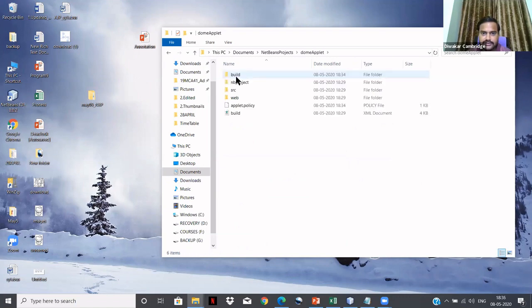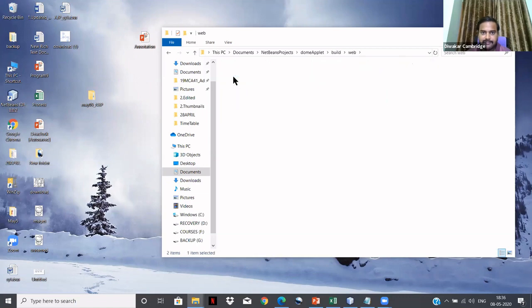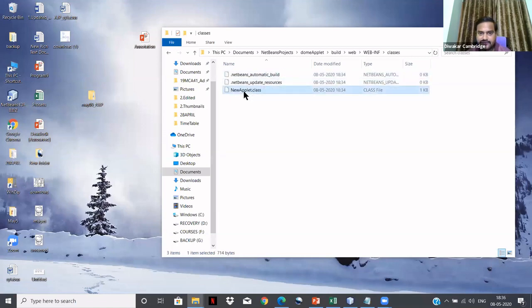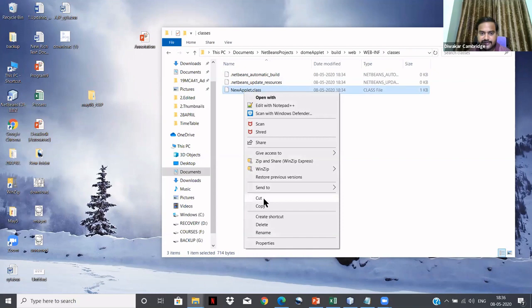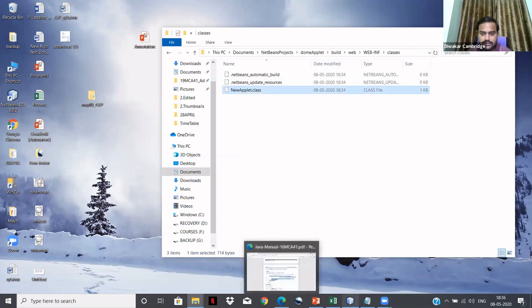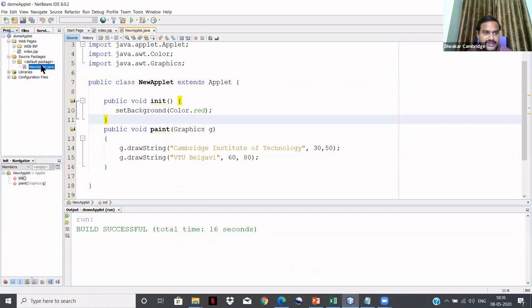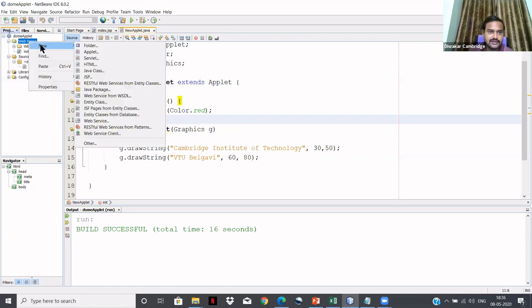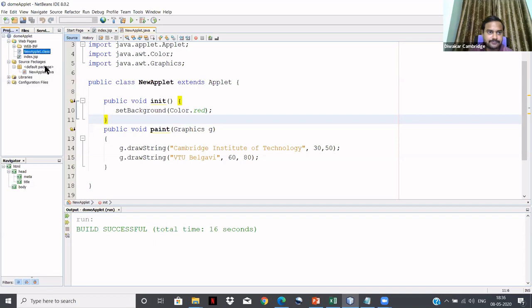The applet, here you just see in build, WEB-INF, classes. You have an applet class here. You just cut and paste it where the index.jsp page is there. You go to web pages, right click, paste it. When you paste it, you see both index.jsp and the new applet.class. It should be in the same folder.